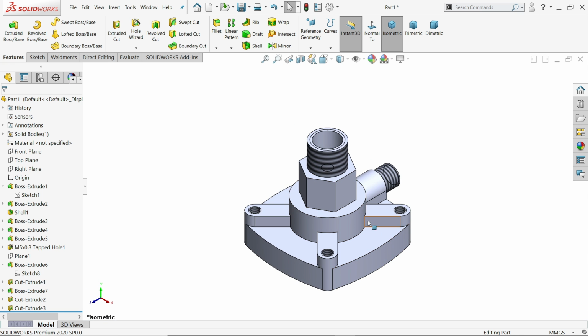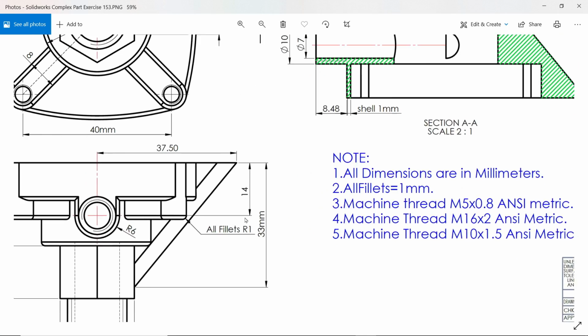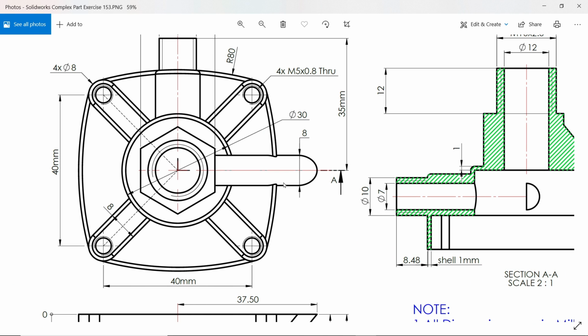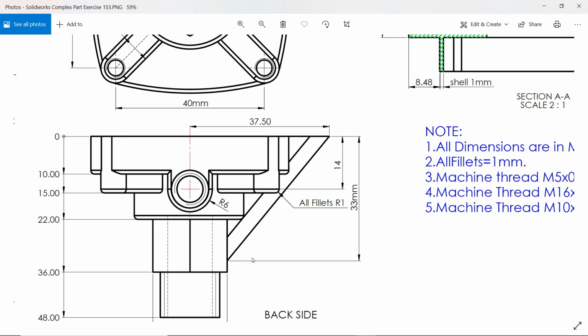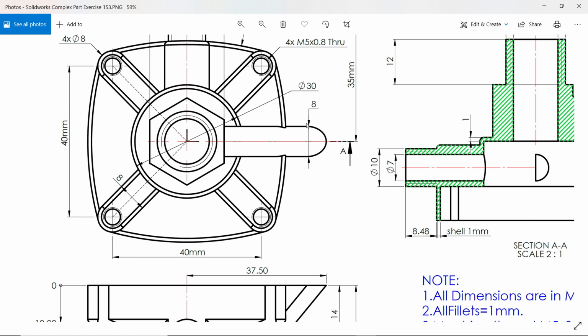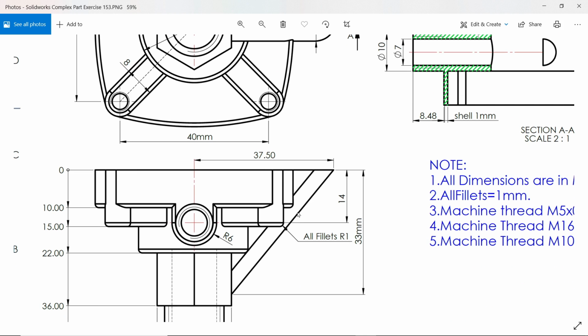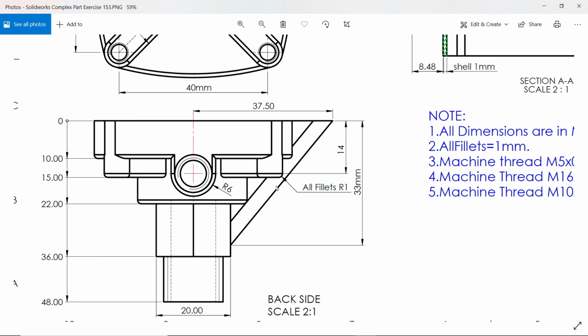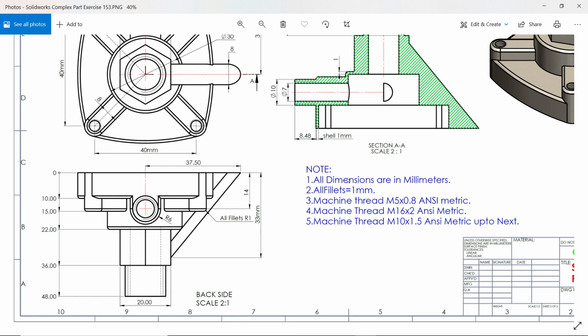Now let's make this rib. You will see this rib, depth 8 millimeter or thickness, and see distance, vertical distance 33, horizontal 37.5, and this corner has radius, but it is difficult to make by rib tool. So we will make it by extrude tool, and I'll show you we have to combine and we have to delete many things here. So this is a little tricky. So let's try this.